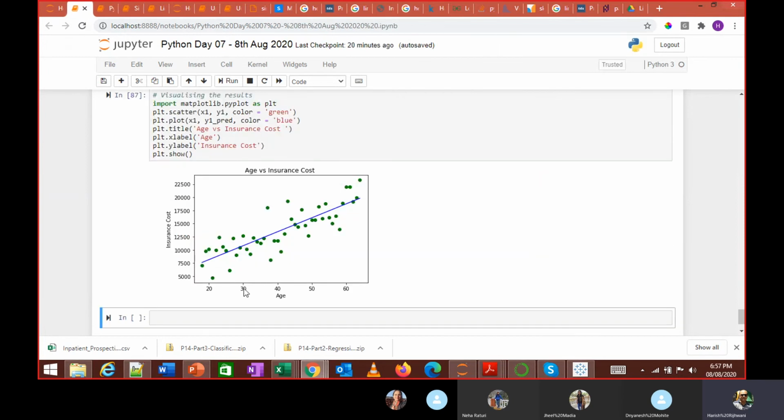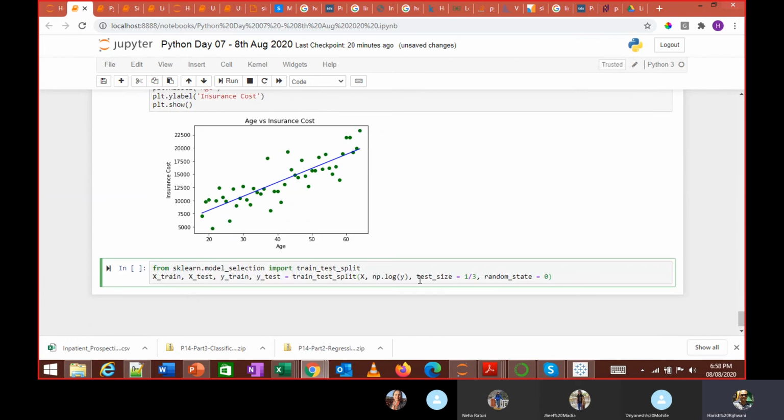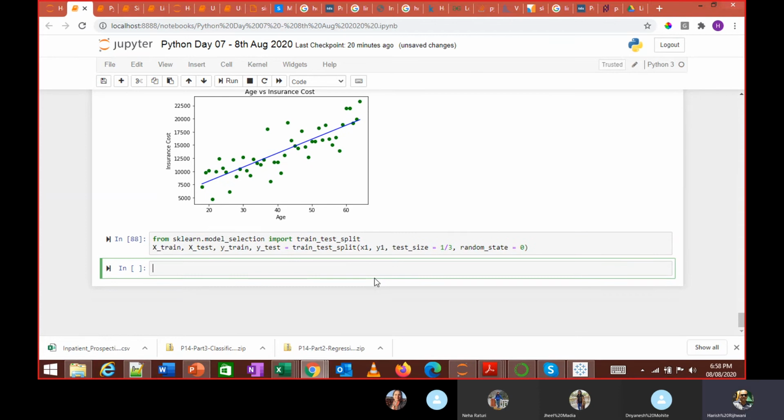What we do is this function splits X1, Y1 into a 33% test size.